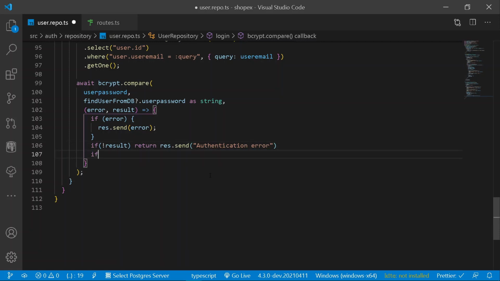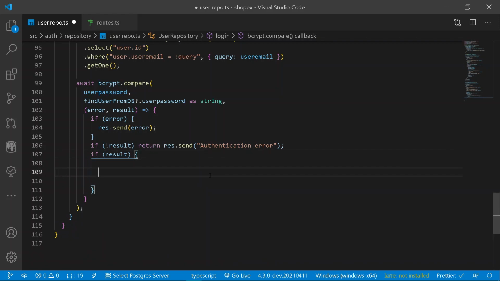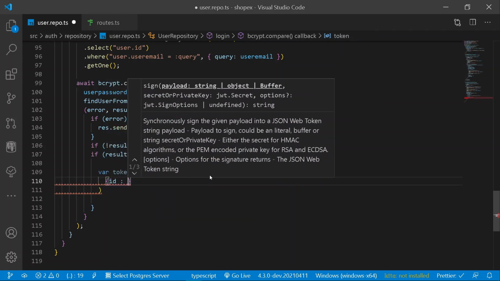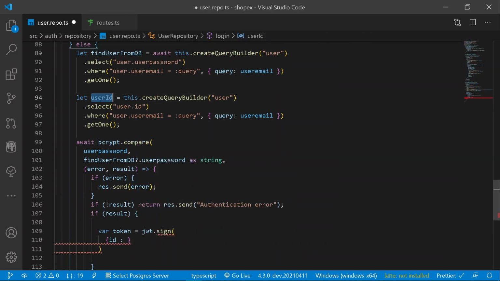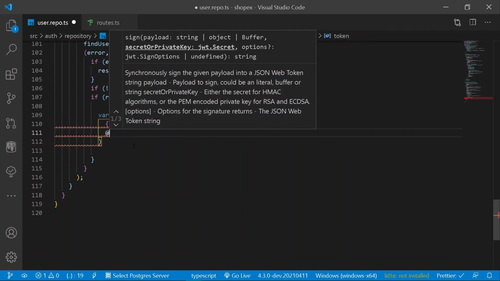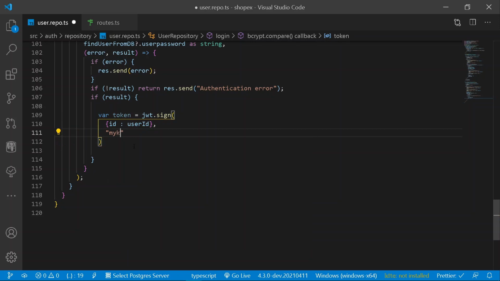And if the thing is not so, let's add an entire result thing. If the following result matches with our current password, we shall be simply creating a new token, and for this purpose we shall be using jwt.sign. And under this, as usual, it shall be requiring here a payload, and under our payload we shall be using the following user ID. So let's paste this thing here. After having the following payload, we shall be requiring here a secret key, which is my key.